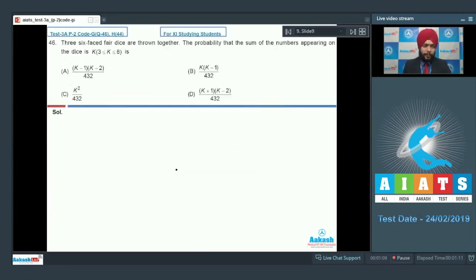So next up we have question number 46, which says that 3 six-faced fair dice are thrown together. The probability that the sum of the numbers appearing on the dice is k, where k is a number which is greater than or equal to 3 and less than or equal to 8. In this type of question, we find the answer using the multinomial theorem. Because the sum of the numbers on the 3 dice is k, we need the coefficient of x power k in the expansion of